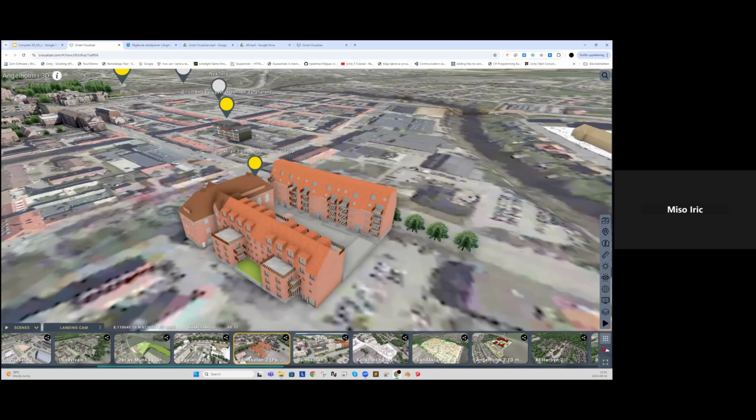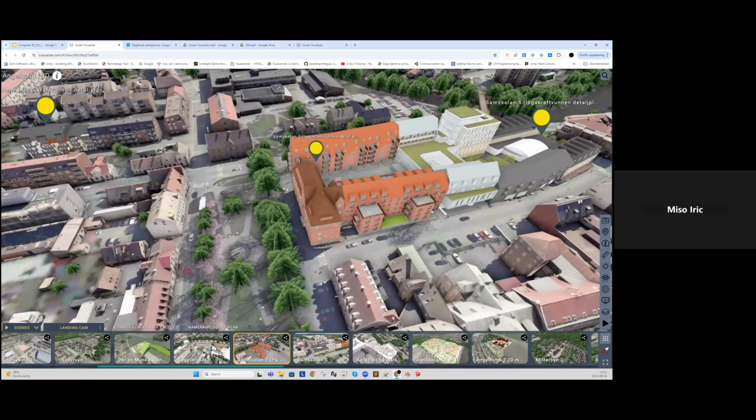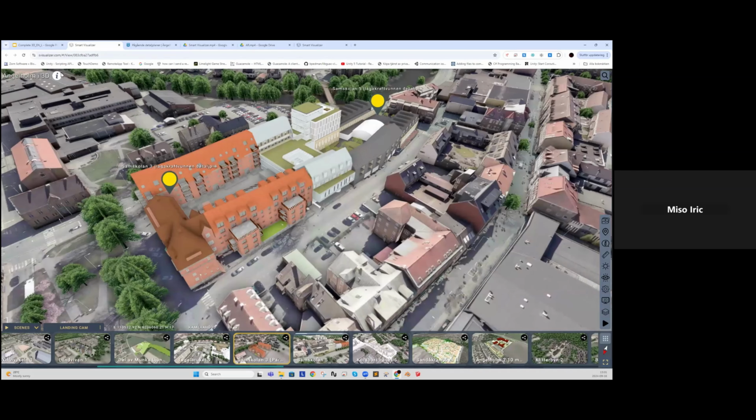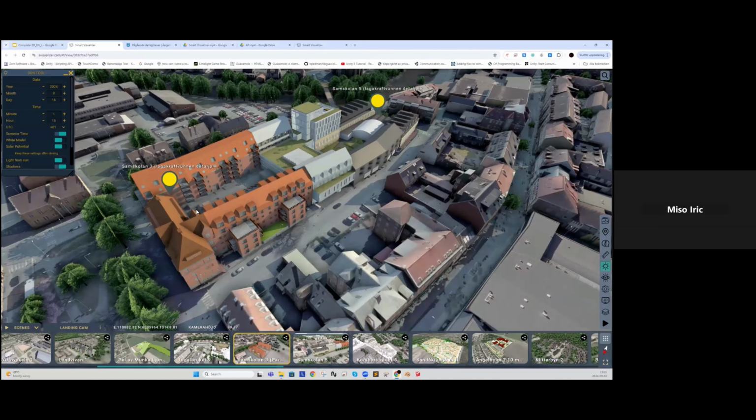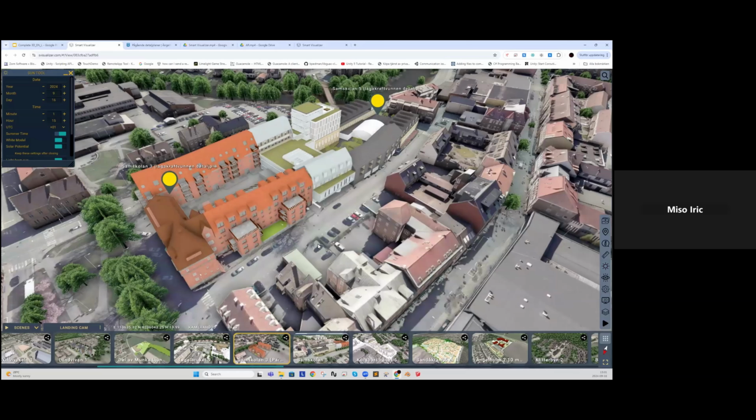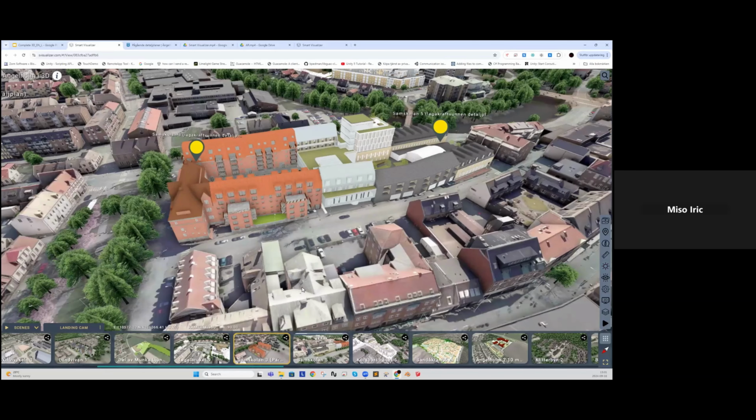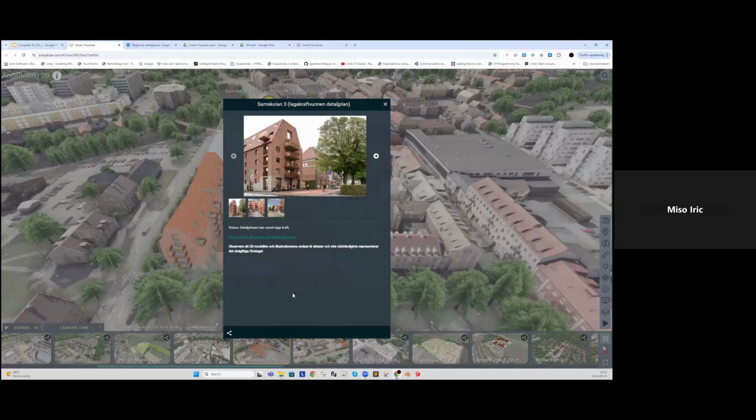They are also allowing citizens to use different tools by themselves, so they have the ability to discover and see all those models. In this case it's disabled, but if enabled, they can use comments, for example, or voting and so on.